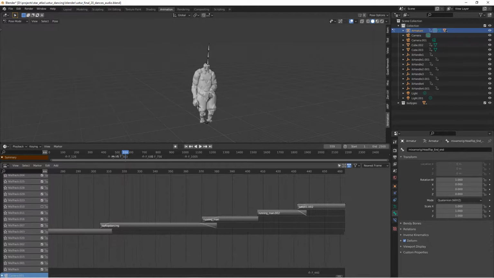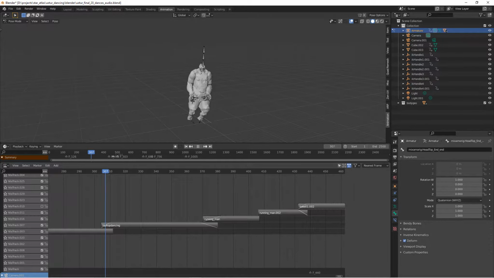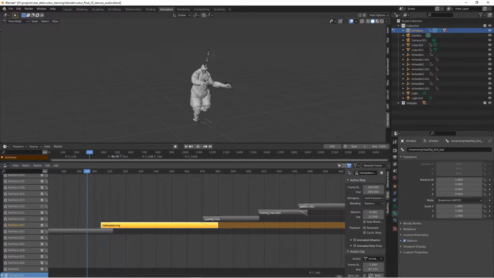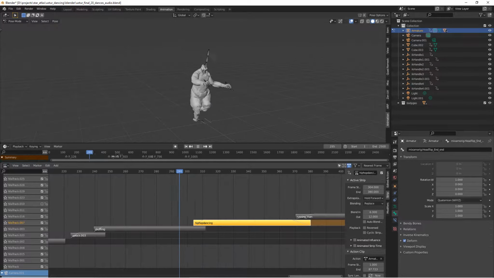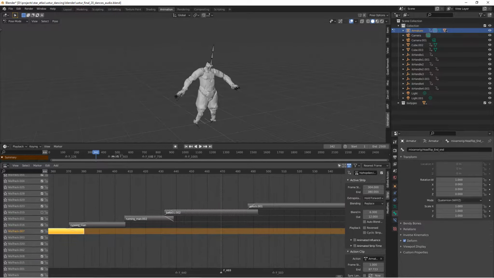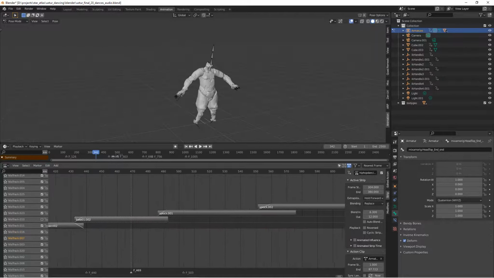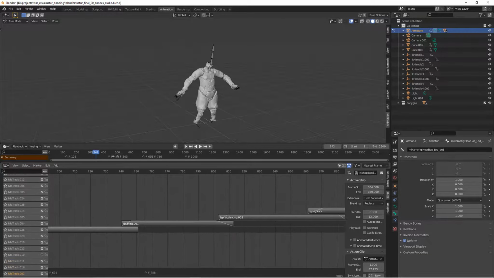Basically, this is very much like using a video editor. You've got different clips that you can kind of blend together. So I've got this one side steppy thing, and here I've got this other one doing the arm pumping. You can see at this point they're kind of blending together, which is cool. There's a little bit of sliding on the floor, but you know what, I'm not even going to worry about that at this point. And so what I'm going to do here is I'm going to add a little bit at the end